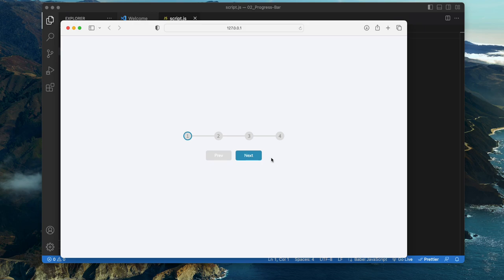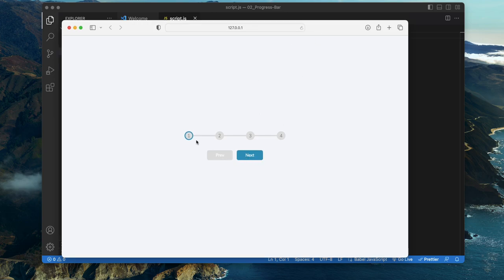This is the second day of the 50 projects JavaScript series. This is the second project of the series, and in this one we will see how we can use the progress bar to go from one point to another. You have seen this on multi-step forms and anywhere, like a payment plan, where you can see